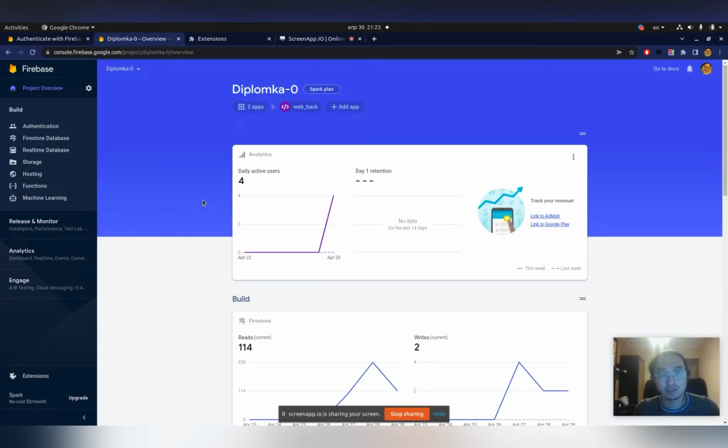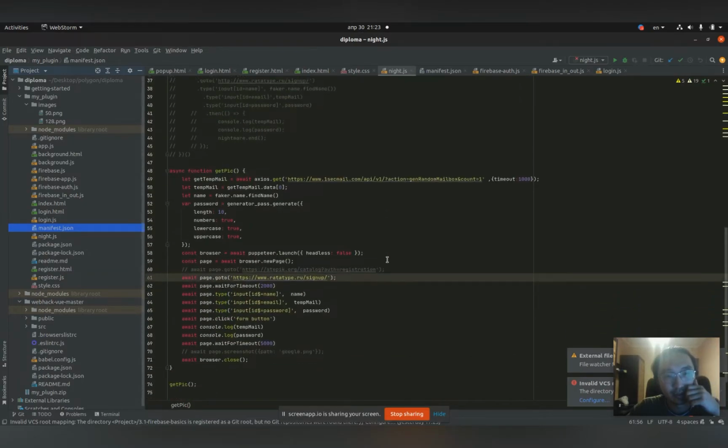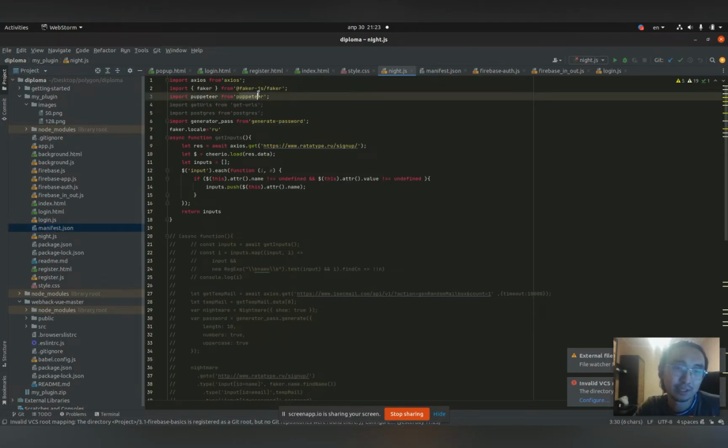That's not allowed in a plugin. So right now it's not working, and now I changed from Nightmare.js to the Puppeteer library,